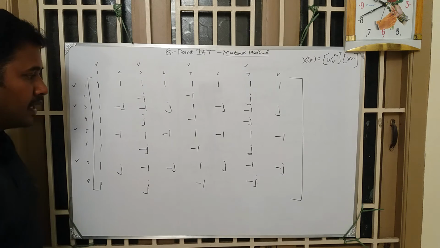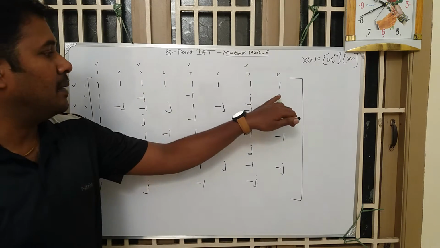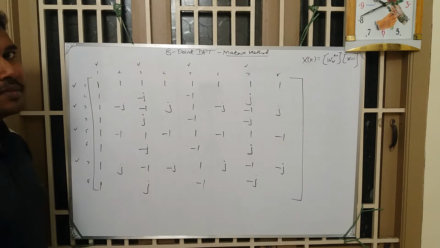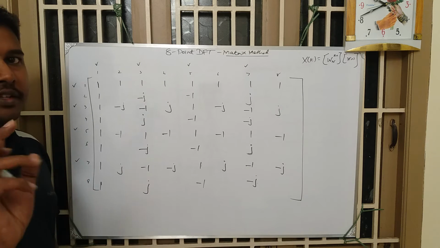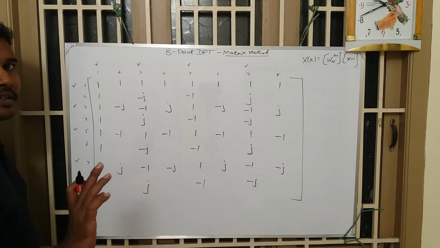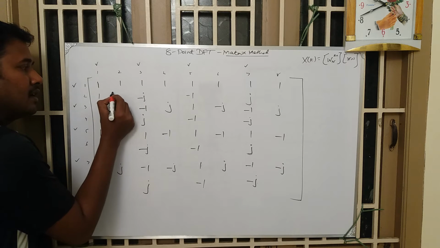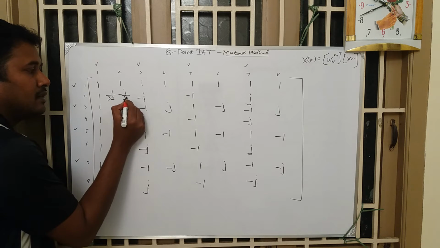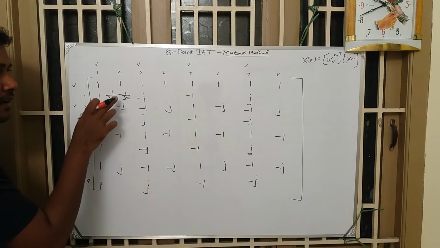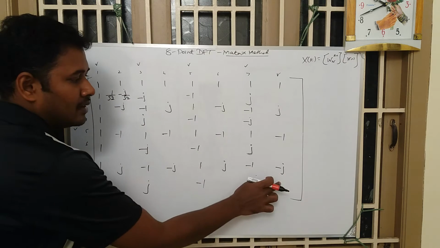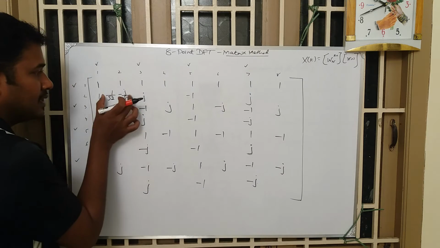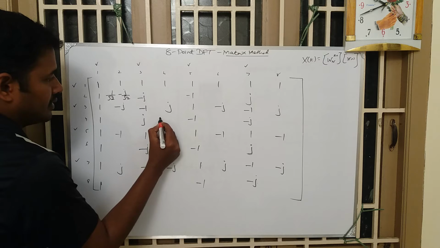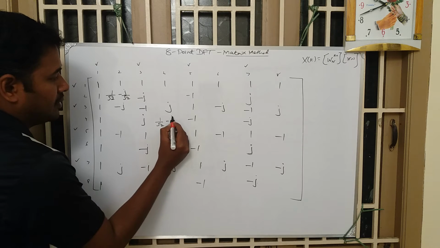Okay. Now we are left with these empty elements and we need to fill them. The only elements that will come here are 1 by root 2 and j by root 2. First take the negative version, that is 1 by root 2 minus j by root 2. Fill the same value in a diagonal manner. The same value should be repeated in all the empty boxes here. So here it is 1 by root 2 minus j by root 2.